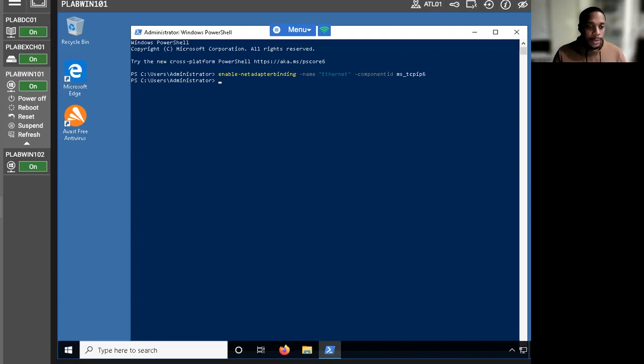So now I'm going to remove Windows 10 from the domain. Removing Windows computers from an Active Directory domain can be done through the graphical interface, which is the properties window of this particular computer. It can also be done through Windows PowerShell, as you can see here with the window open. So I'm just going to remove computer